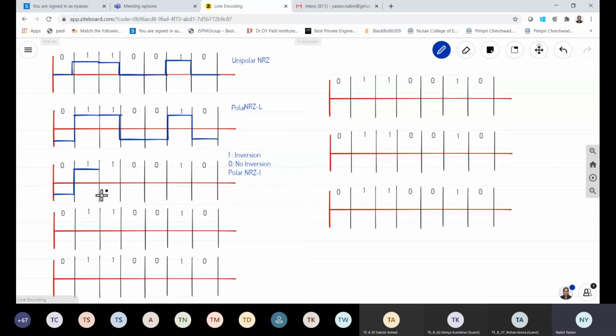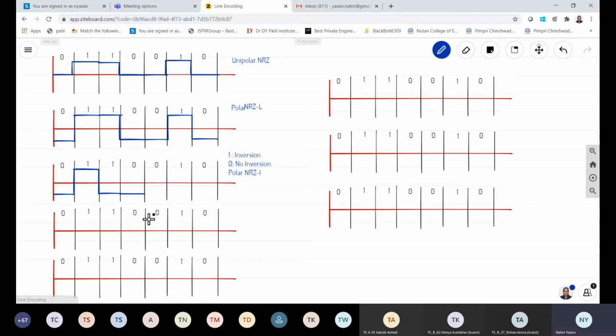Now again, whenever there is a 1, see, what is next after that? It is 1. So whenever there is a 1, what is the rule I have written here? I have said that I am supposed to follow inversion. All of you there with me? So what does inversion mean? You go to the opposite side of the axis again. Correct? So I came down and then I complete the signal. Now whenever there is a 0, what am I supposed to do? No inversion. So I will be continuing here.